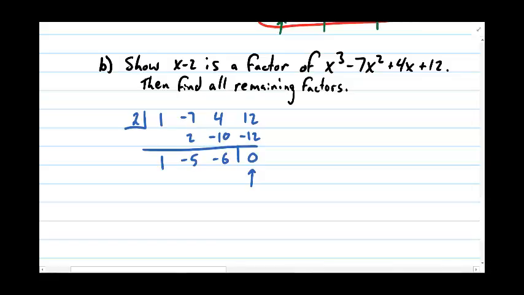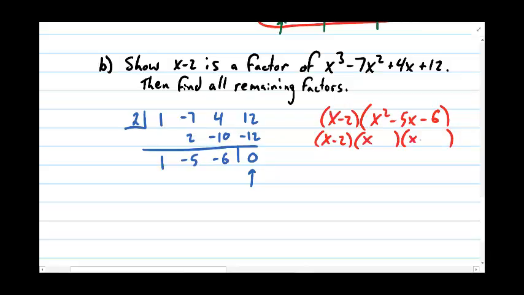Now it wants me to find the remaining factors. So start with the one we knew already, that was x minus 2. And then put down what we found out, which is x squared minus 5x minus 6. Now, that thing on the right can be factored. If you need to do a big X, do a big X, but factoring this one,